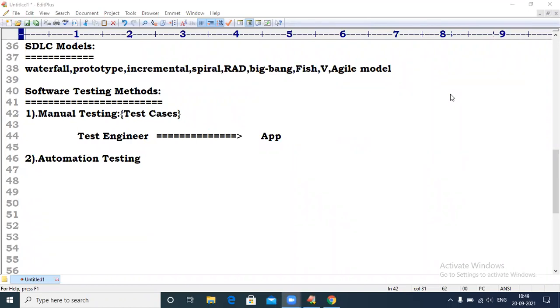I will take care of everything. You only have to do the theoretical part, no programming, no coding. Anyone can do manual testing.